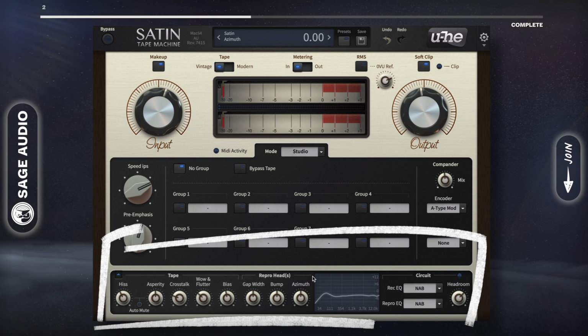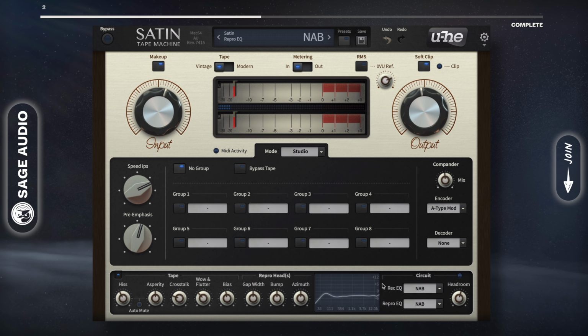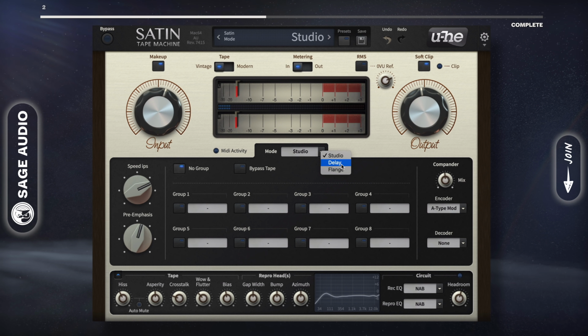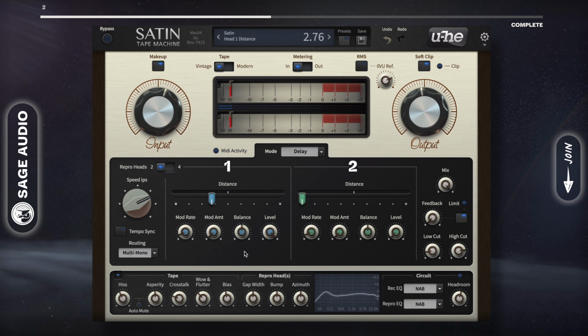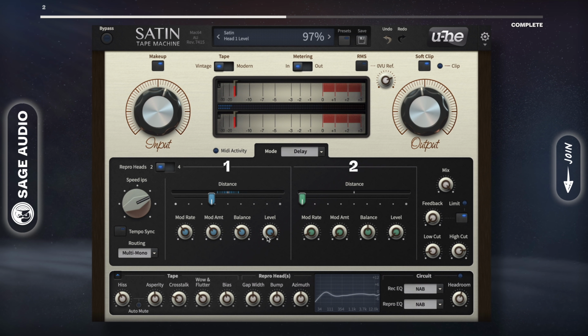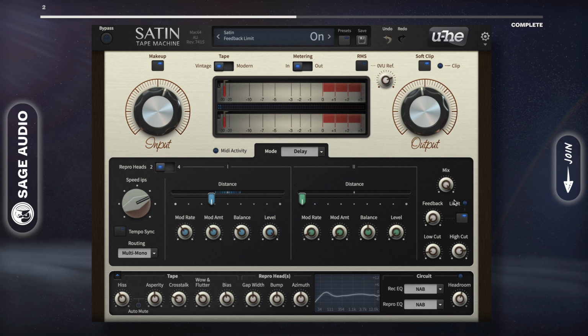Additional functions can be used to affect the EQ of the signal, but let's move on to temporal effects. Under Mode, let's select Delay and notice that we now have 2 delay taps. On each, we can affect the modulation and emulated orientation that the tape has. On the right, feedback can be increased, and a limiter for the feedback can be used to protect our ears